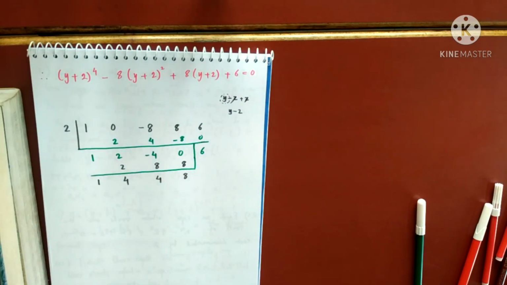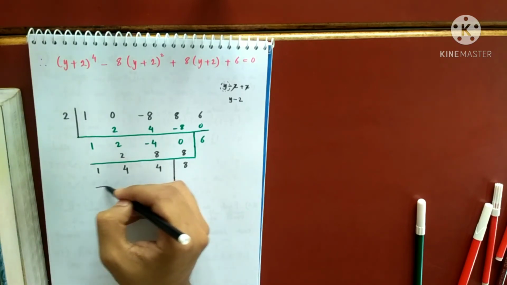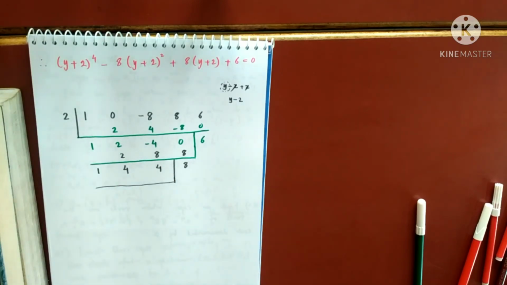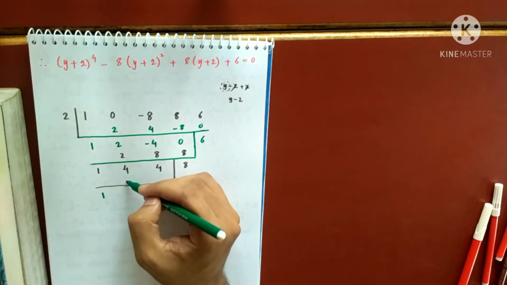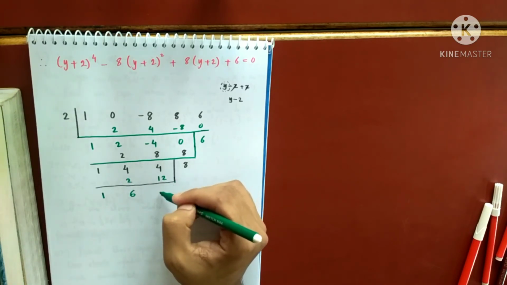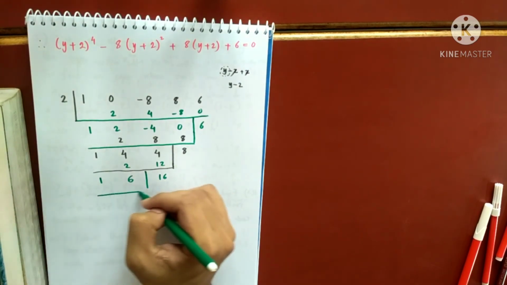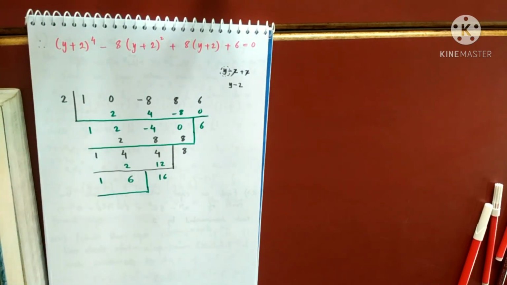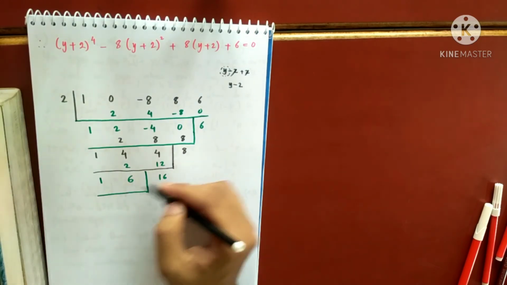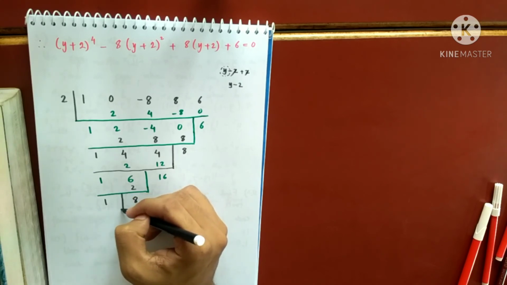This. So what I'll do, I'll leave the last one and then this. So what next? Again copy the same thing. 2 ones are 2. I've already taught you the synthetic division. This will become 16. Leave this. Next, 1 remains 1. 1 2 is the 2. This will become 8. We'll leave this and done.